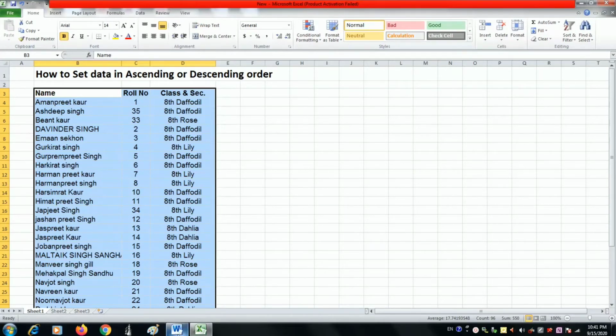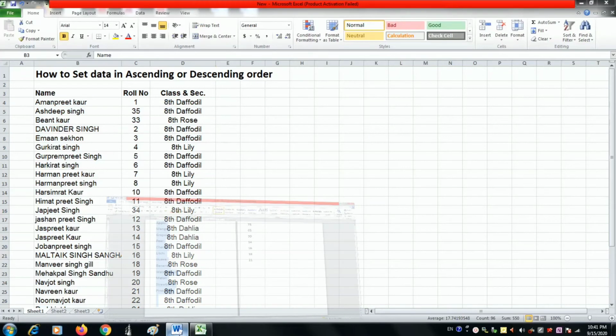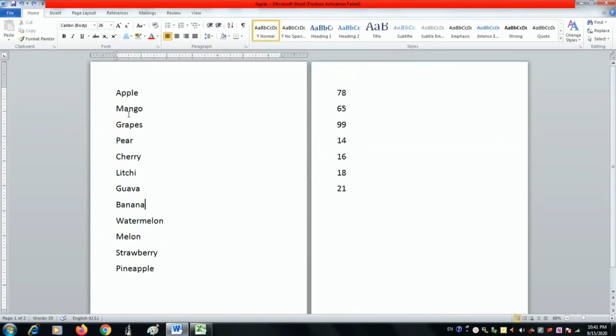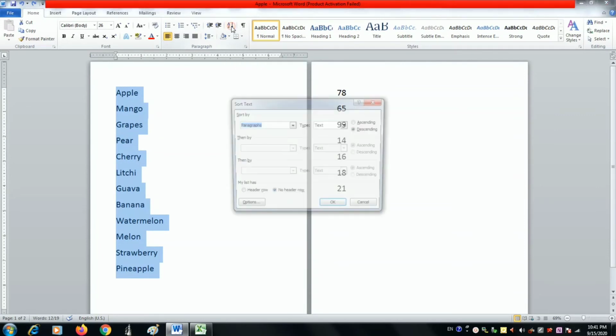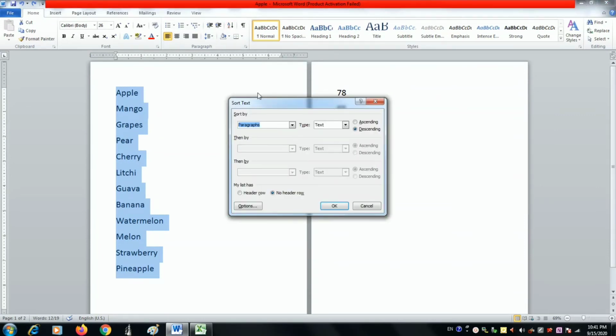And now we will see the same option in Microsoft Word also. So Microsoft Word, see we have written here fruits name. So I want to set it in alphabetically order, either in ascending order or in descending order. Same on the home tab in paragraph group we have this option sort. Click over there on the sort. This type of dialog box will appear where you want to sort. I want to sort on this paragraph which we have selected, on these sentences. On text I want to sort. Automatically it is chosen that text only. So I want to click ascending order.